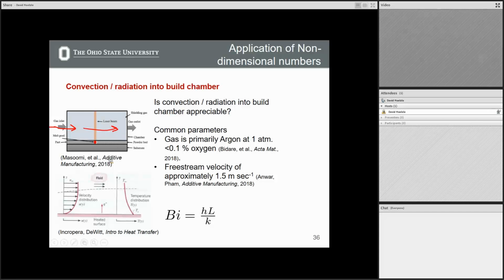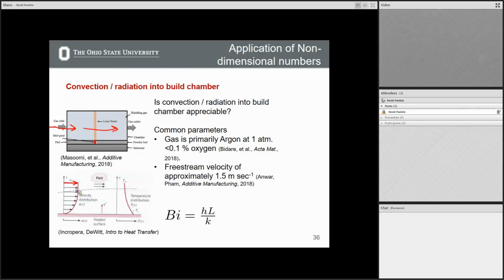the inlet to the outlet, and this is to exhaust the smoke that is formed. So we're trying to remove the smoke from the top of the surface so it doesn't cause problems by weakening the laser, and to get rid of any soot that forms, spatter, etc. And so what we have is forced convection across this top surface. This is your pretty standard forced convection problem over a flat plate. So here you have this